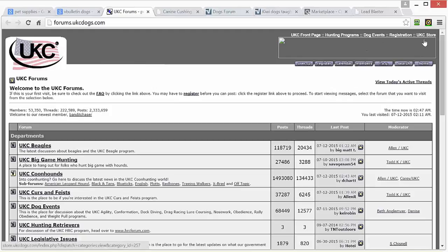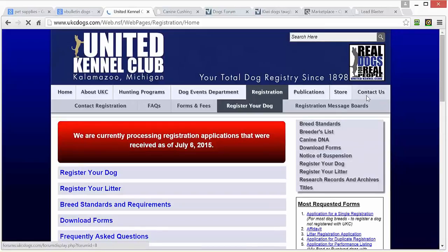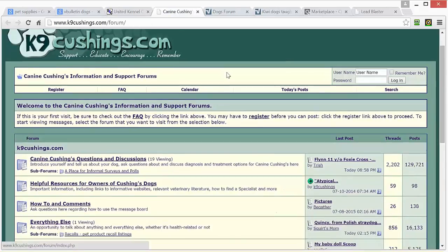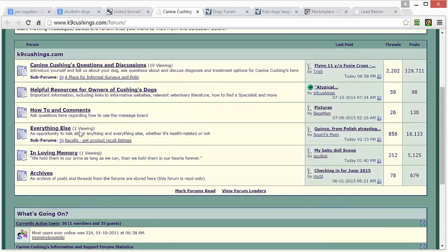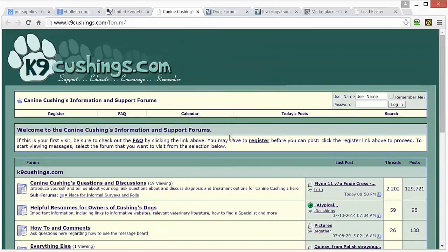And let's see, how would you contact them? Okay, well, here's a contact us. So sometimes you got to kind of poke around to figure out how to contact them. Again, this is just for example purposes. But basically, your VA could look around and figure out how to contact the people who run the forums, and these could be potential joint venture partners for you.